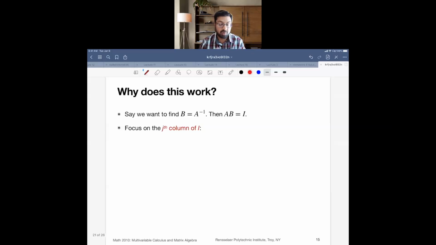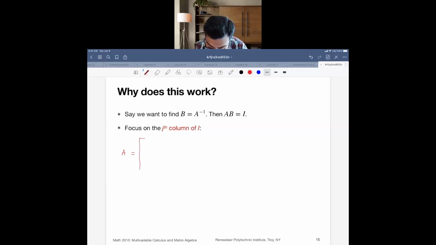All right. Why does this work? The question is, why does this particular process of row reductions, making A row equivalent to the identity, work? And on the right hand side, you have the inverse of it. So let us say we wanted to find B, which is the inverse of A. Then we know that this is going to be satisfied, which is AB equals I or BA equals I. So suppose we are after B, right? For the sake of this discussion, I will assume some A and some B, right? So let's say I have A